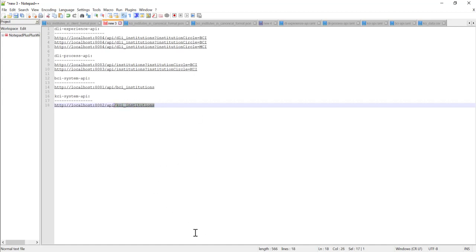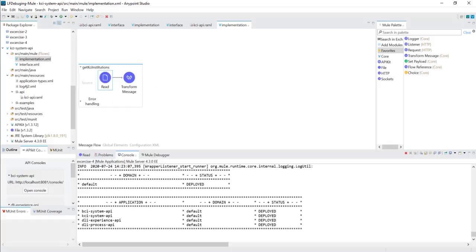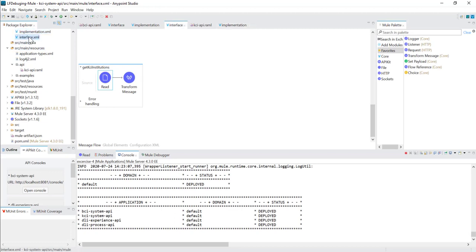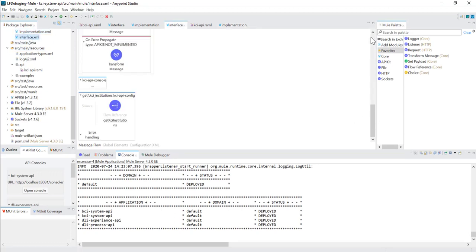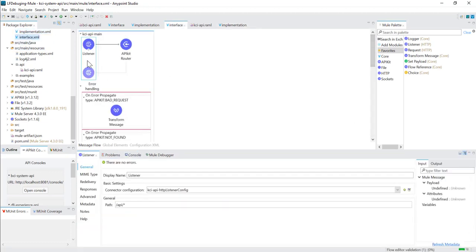So how does it identify which flow to call? Whenever we provide this URL in the browser and try to access this service, this part identifies that it is the KCI system API, because it is being received by this listener.